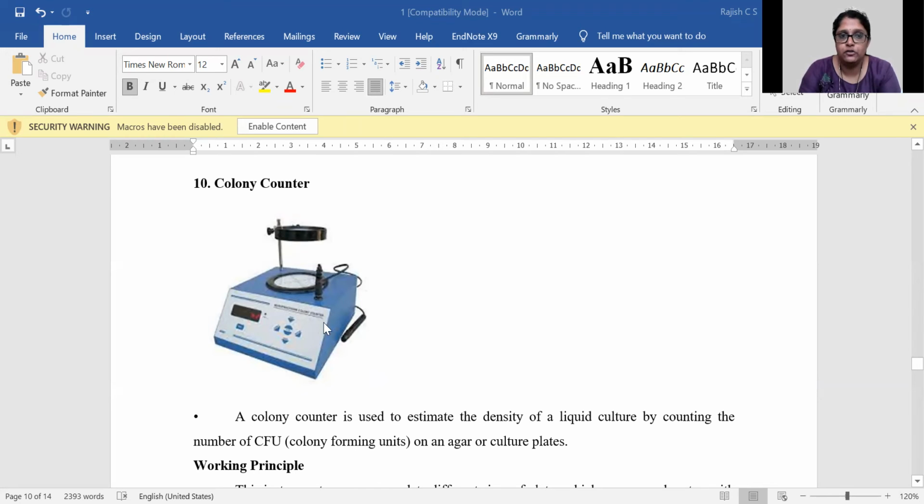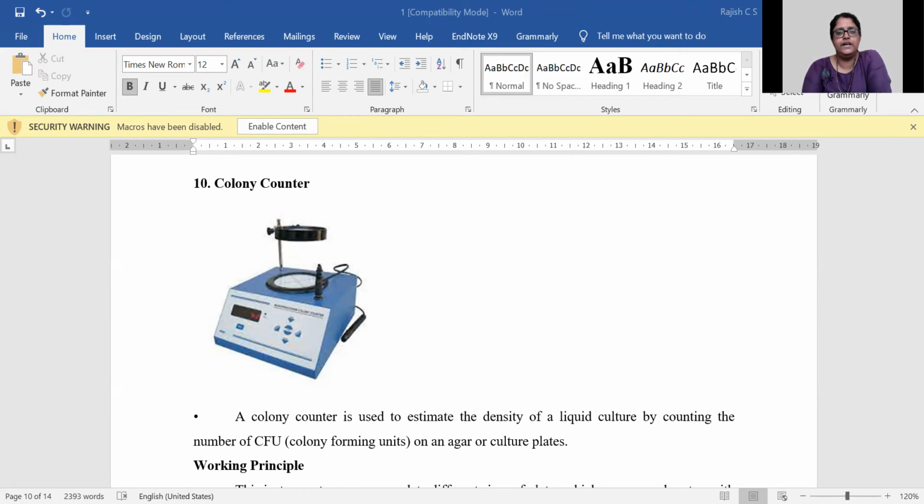You have your petri plate that you will be keeping over here, and this is a magnifier. And then there is something for counting over here that you will be actually manually counting on. Because there will be the 4 quadrants, if you can see over here. It is divided into 4 quadrants, so that it will give an ease of counting. Once that is there, you can simply tap on the control panel in order to enter the number of colonies that you're finding in each of the quadrants. And finally, you will get the number of colonies in each quadrant. So this is a colony counter.